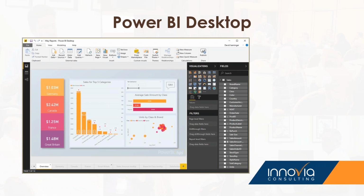So working from the desktop application, pulling it down. Maybe you're pulling down data into an Excel spreadsheet and deleting a bunch of columns, and then importing that data through Excel, because it's a tool that a lot of people are familiar with already. All of that can be done through Power BI Desktop. And traditionally, from a role perspective, the people that are most often responsible for working with data in this way are the business intelligence professionals or business analysts, and